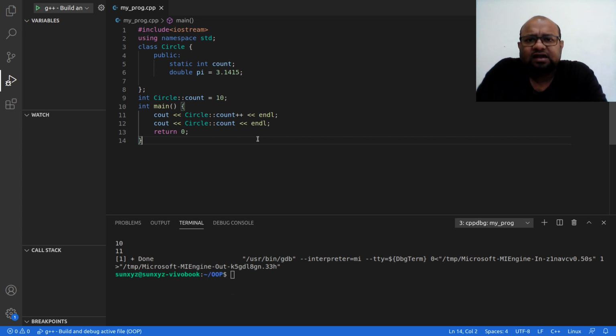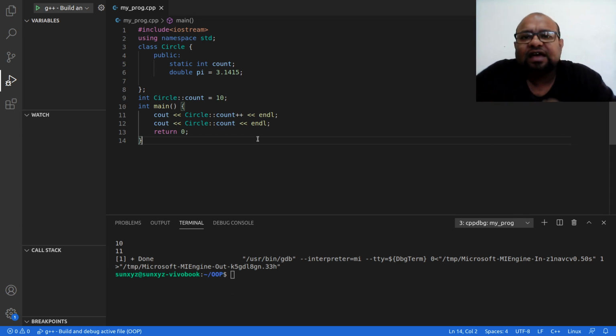And how long is this memory going to stay? The lifetime is going to be till the end of my program. So this memory is already allocated for count, which is a static data attribute. Pi is not static, so it is not allocated memory yet. When will pi be allocated memory? Pi will be allocated memory when I create an object. But count is a static data attribute, and it is allocated memory at the beginning of the program itself.